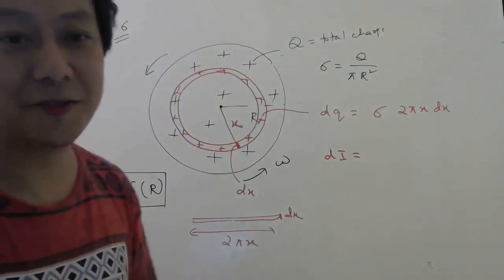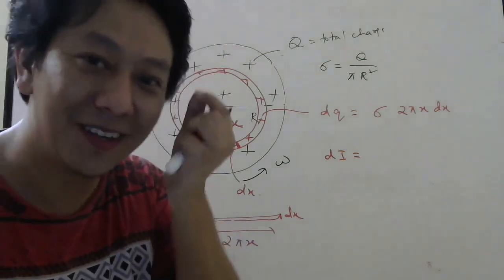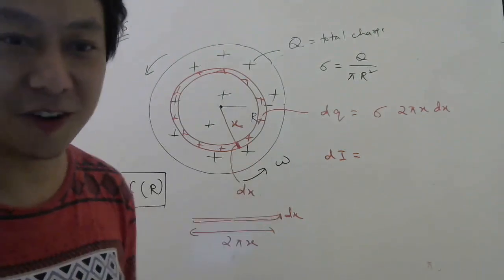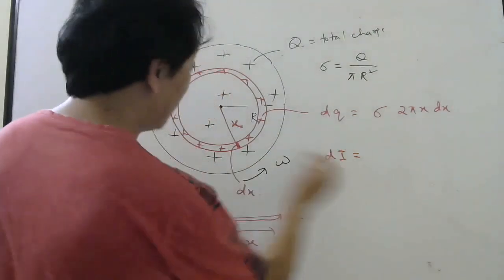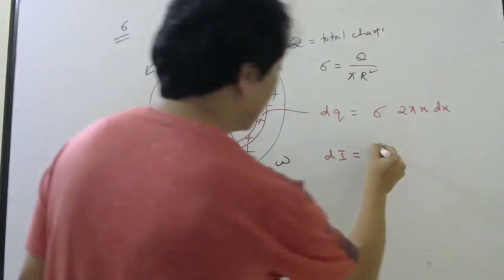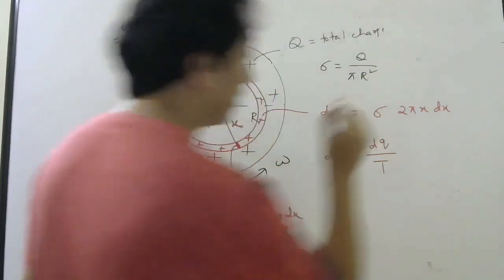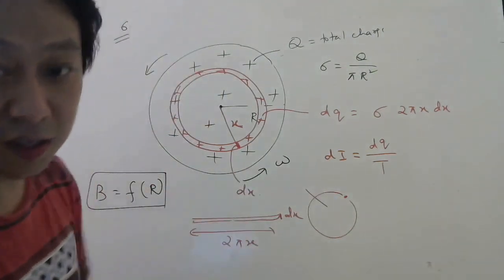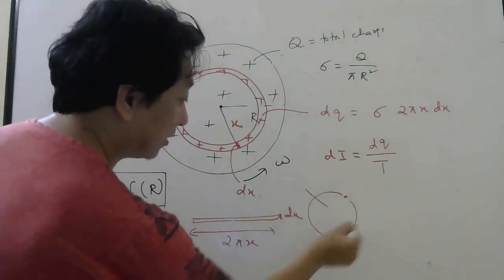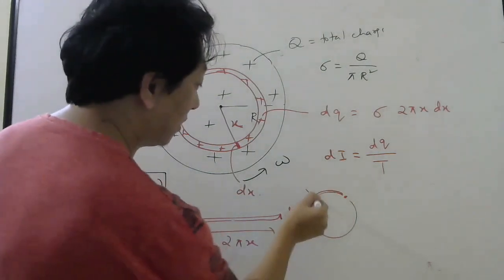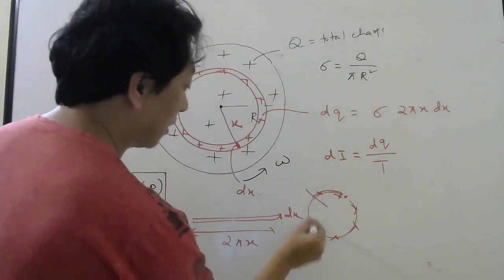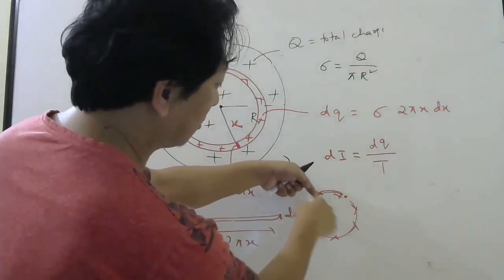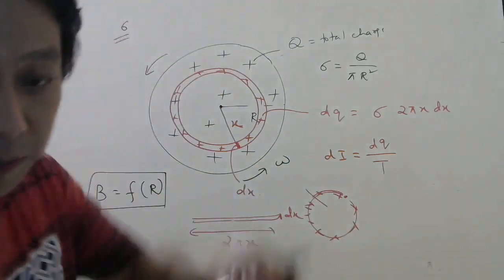Why am I dividing into rings? Because I know the magnetic field due to a current loop, due to rings. Not directly due to a disk, I have not taught you that. So the current due to this ring will be dq divided by the time period. Very similar to when an electron was revolving. If you take any cross section, in one time period the charge of the electron will pass. But here there is charge everywhere, so as you wait for one time period, the whole charge will pass through this cross section.